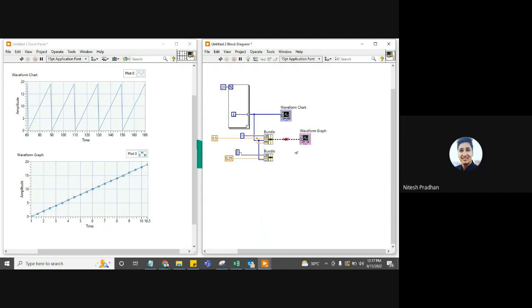Okay, you can use, but for the waveform graph, only three things are permitted. You can create a long bundle and you can add many inputs. But for the waveform graph, only three things are essential: del t, t0 and y array. उससे ज्यादा आप उस देंगे तो वेवफॉर्म ग्राफ उसे एक्सेप्ट नहीं करेगा, क्योंकि वो उसे कॉन्फ़िगर नहीं कर पाएगा। ओके,